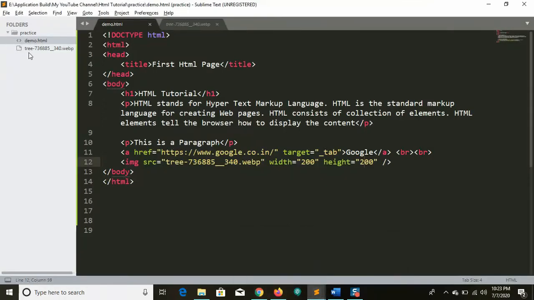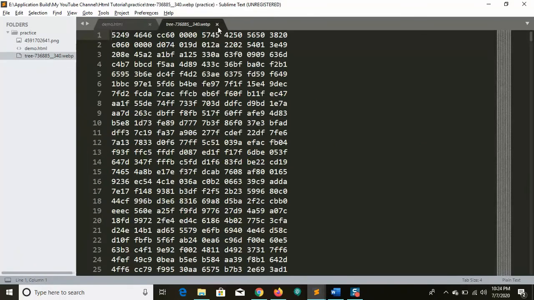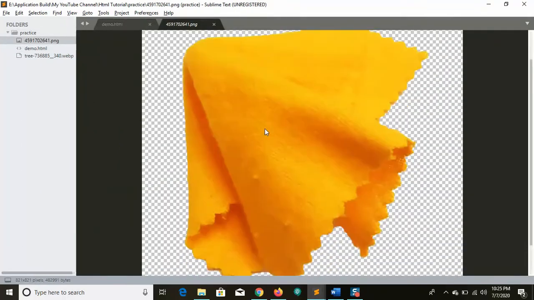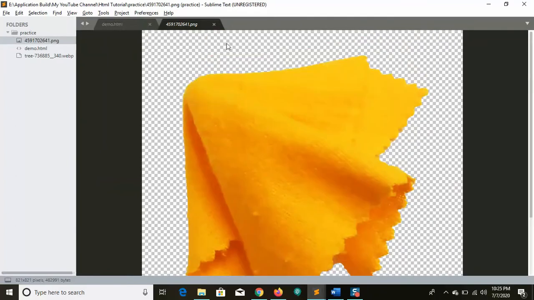So this image is there, right? So you can place it into your folder. So let me do that. Okay, I have many images. In that I have selected one image. So previously, if I see this one, we got some other format, right? If it is really .png or .jpg, you must see the image. So I have the image.